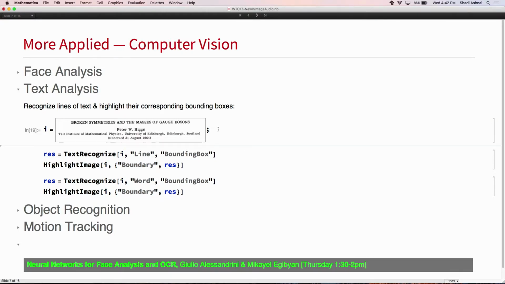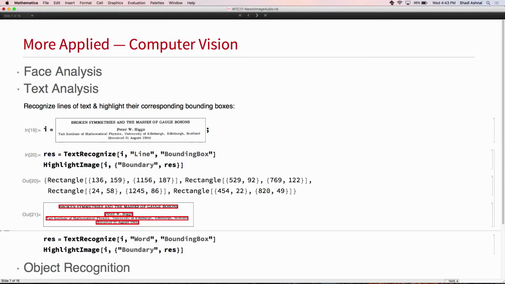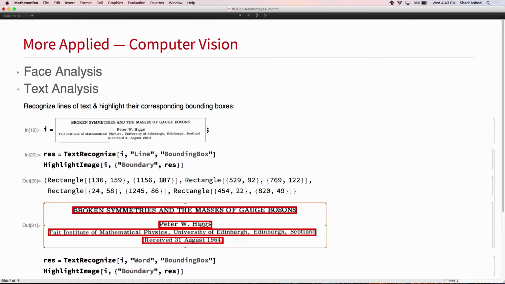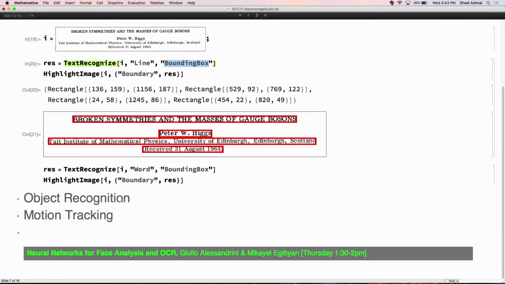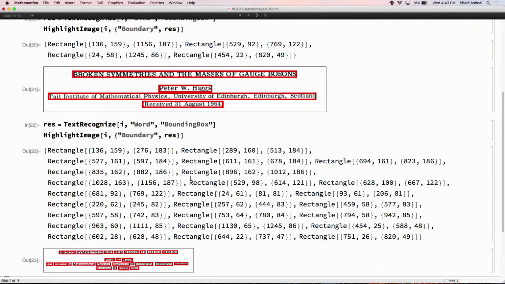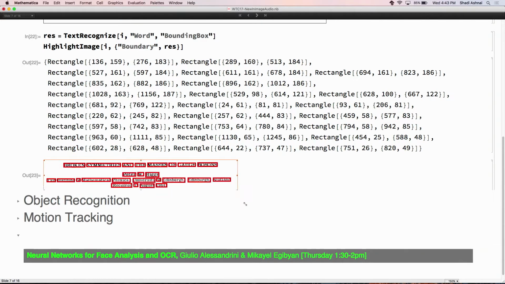Text analysis. In fact, nothing much in the version 11.3 that you have, apart from the update that we had, I think, in version 11.1, where we can specify second, third arguments of TextRecognize, being the granularity of the text that we would like to detect: the whole thing, lines, words, characters, and things like that. And then we can also ask for properties like bounding box as well as the strength or the confidence in the detection of the character and things like that. And then this is just basically the same example with words.